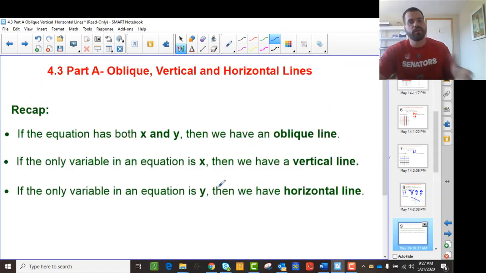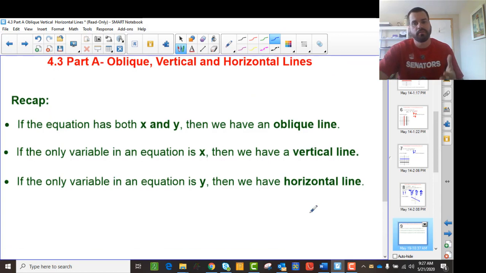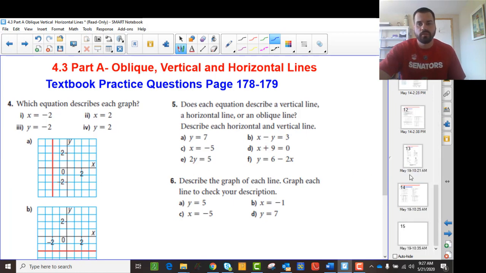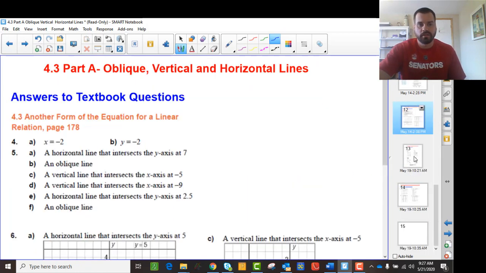So here's sort of a recap. And again, I've said this a number of times, so I'm not going to go through this again. But x and y, x and then y, all right? So you can take that as a summary statement of all that we've talked about. So there's some practice here for you to go through in your textbook. Bunch of questions